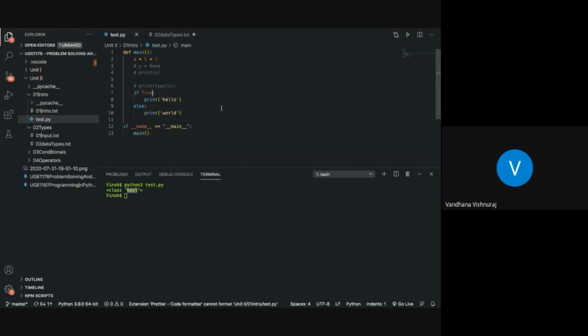That is because 5 is greater than 7, it doesn't satisfy, it's not true. You are not saying if x. If you say if x, you are testing for this particular condition, and this condition is false. So this condition becomes false and world is printed.